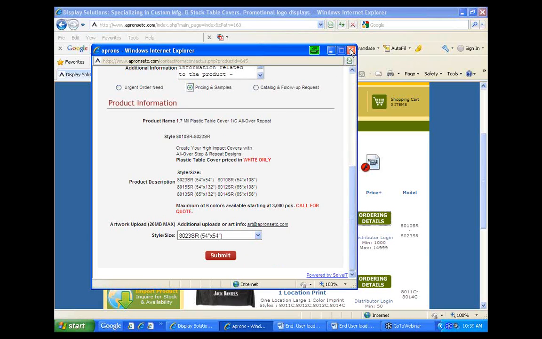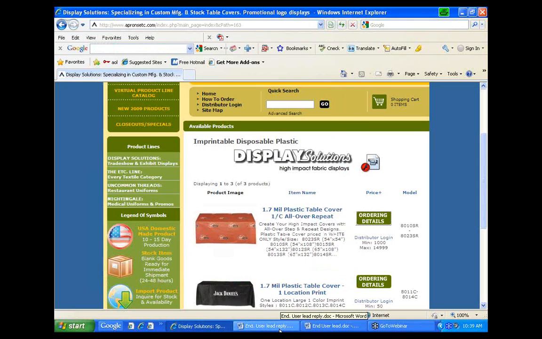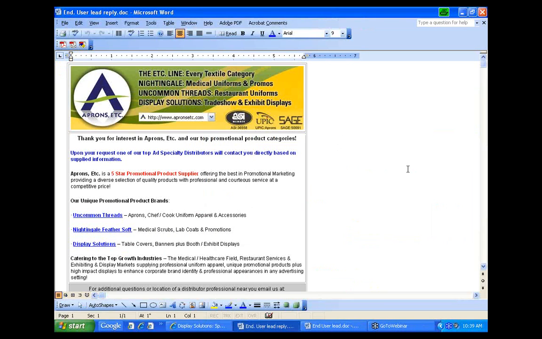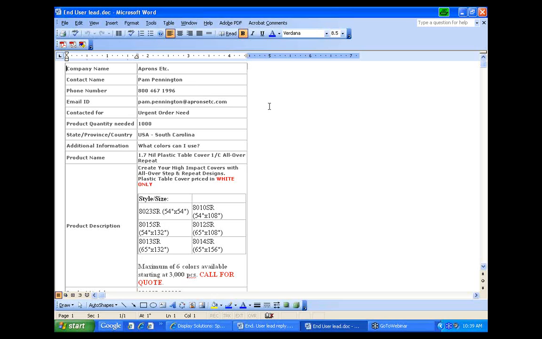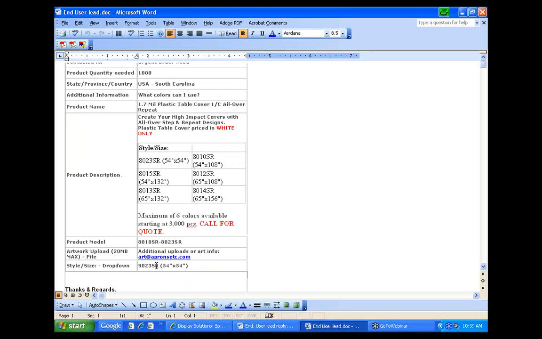When they submit this document, they will get an email back from us as a response that tells them we did receive it. It lets them know also about our company's products. Then what we get, through email, is a copy of their request. In this instance, I put a request through from myself for 1,000 quantity. I did enter a question, and you see here it's indicated all the information at the bottom,